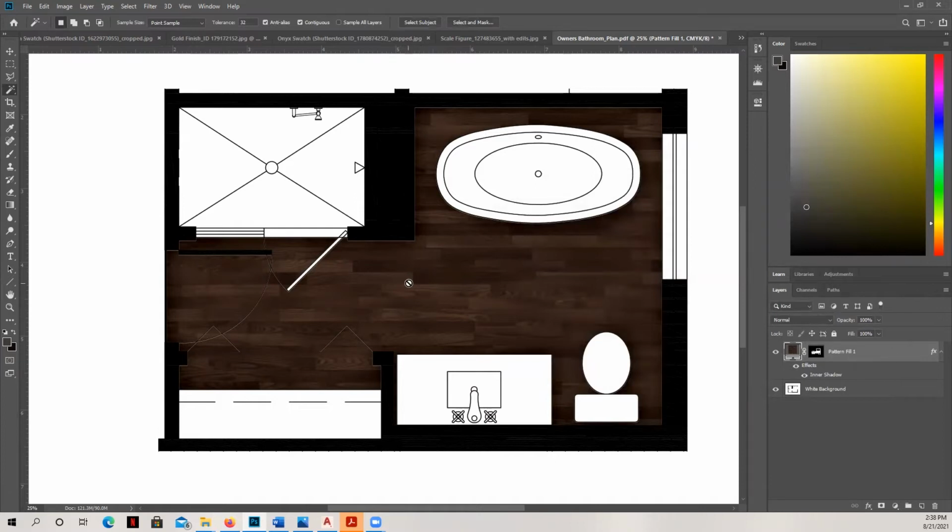I'm going to do that for every single pattern. I'm going to define the pattern of the swatch. I'm going to make sure that it's scaled properly based on the size of the material. And then I'm going to add that inner shadow to everything. So I'm going to pause for a moment. I'm going to do the pattern on the shower floor, and I'm going to do the pattern on the countertop here, and the pattern on the shower fixtures here, which will be gold.